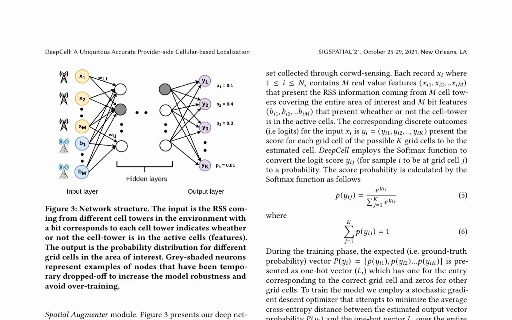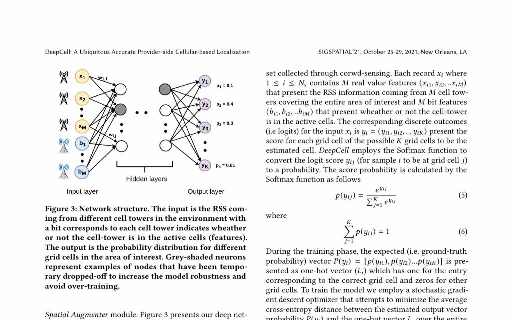DeepCell is a novel approach to cellular-based localization that leverages deep learning to provide accurate location estimates. The system consists of several modules, including a data collector, spatial augmenter, and grid estimator. The data collector gathers cellular measurements from various cell towers in the environment, while the spatial augmenter generates additional data points to enhance the model's robustness. The grid estimator module uses a trained deep neural network to predict the user's location based on the input cellular